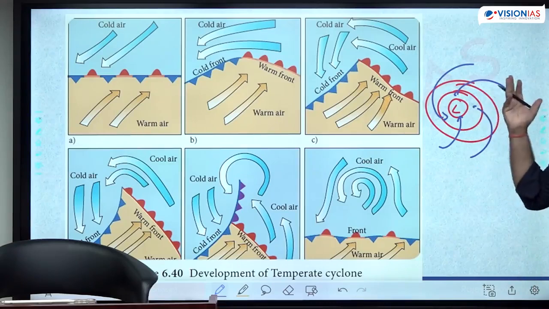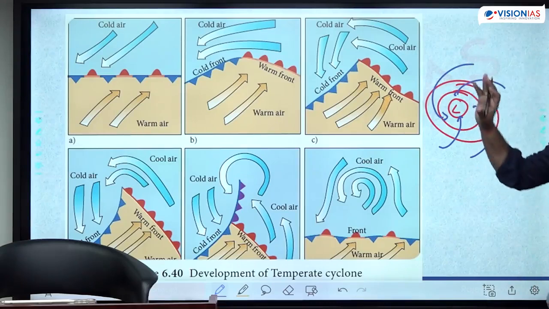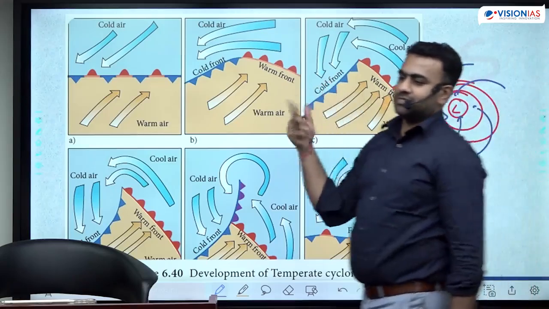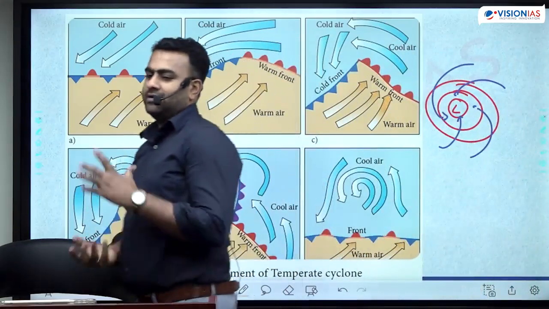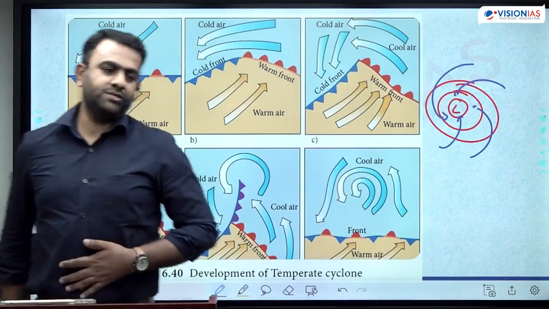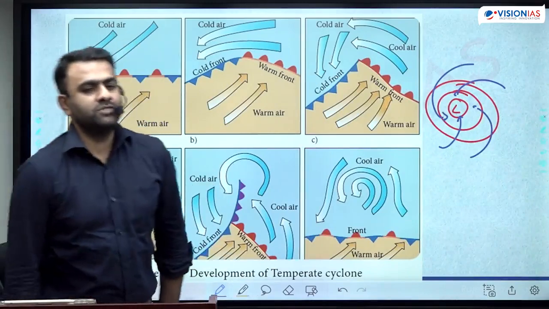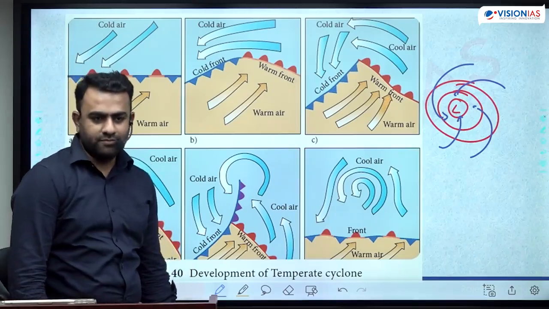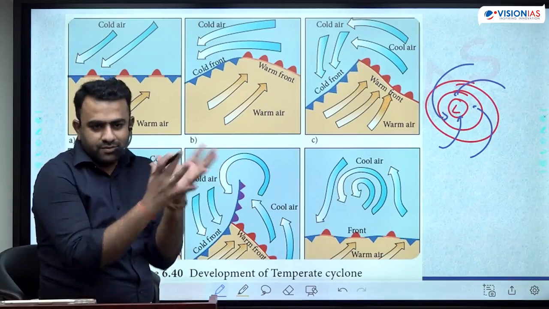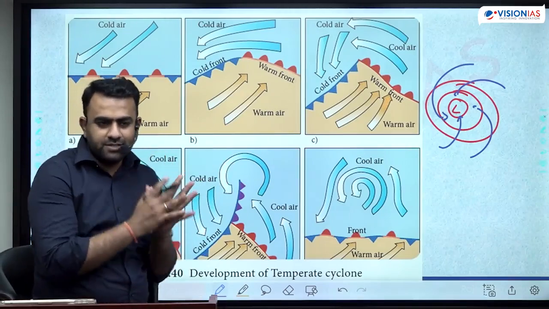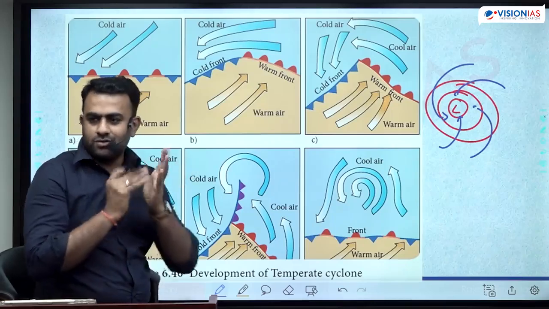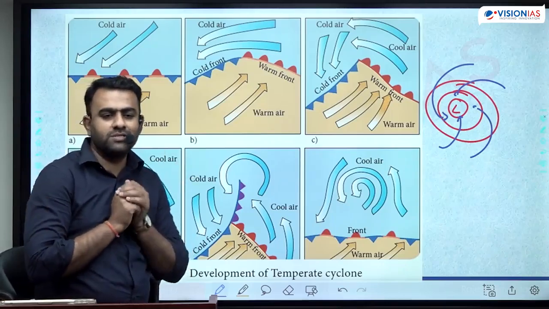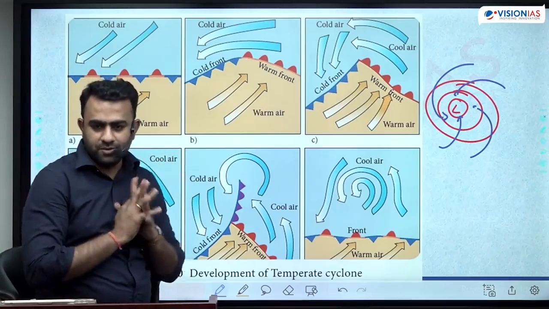Okay, they get intensified with the help of these fronts, and they use the system of fronts to get intensified and become a huge cyclonic system, which is causing very heavy rainfall. Okay, heavy clouds, all of this. They make use of these surrounding fronts to their advantage and grow to become huge cyclonic systems. They are called temperate cyclones.